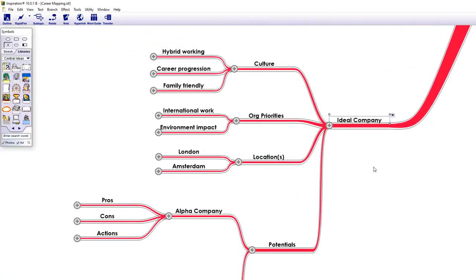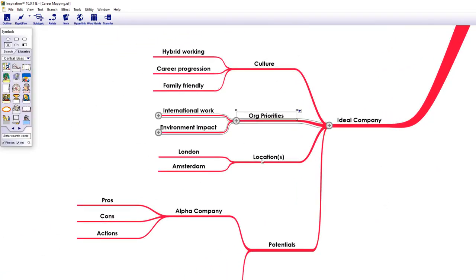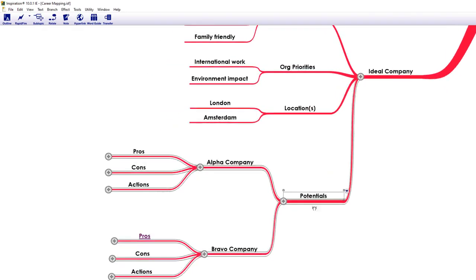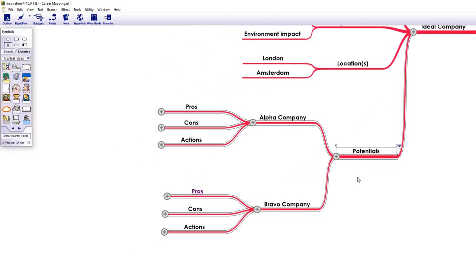So, in this section of the mind map, in addition to some headline reminders about what we're looking for, we can now start to do some research and brainstorming around potential companies. Let's say we found a couple of companies that look interesting as we've captured here in the mind map, and they seem to match up with our plans.